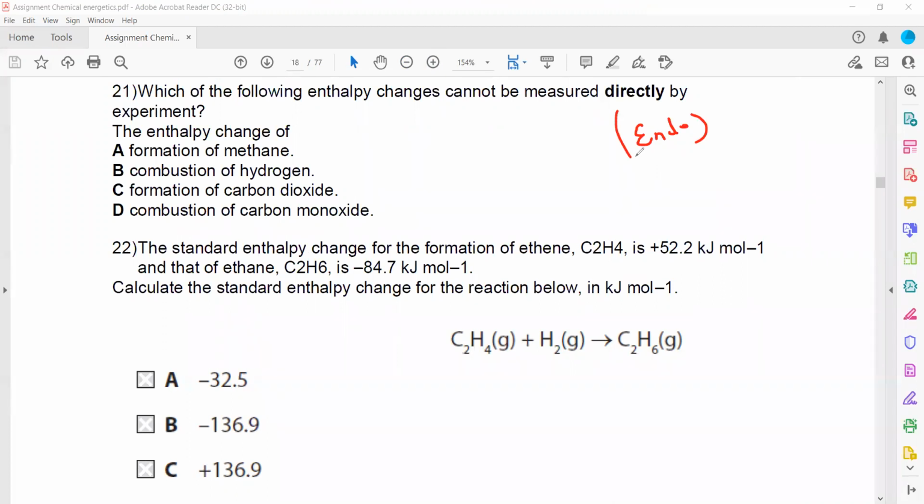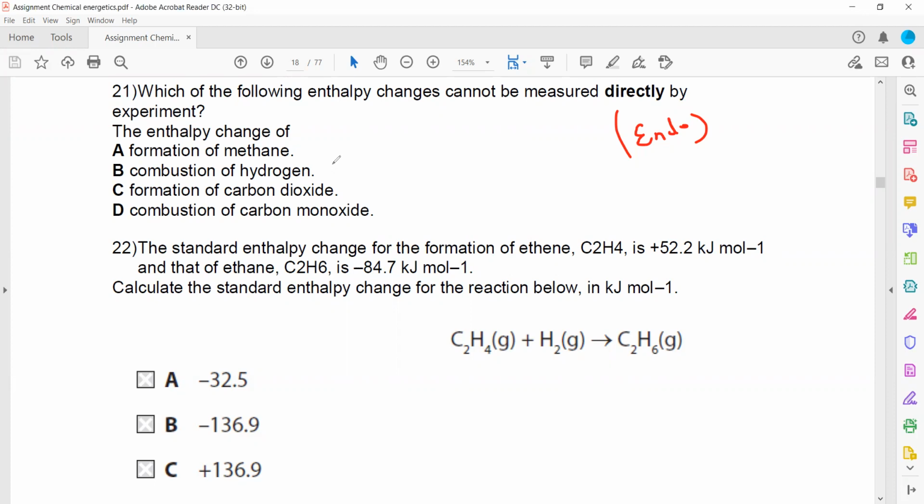Because in endothermic reactions, how will we know at what point the reaction has completed? So practically for endothermic reactions, it is difficult to measure the enthalpy change directly. So we have to identify which one is an endothermic change, and according to that we can state the answer. So when you check the options available here,